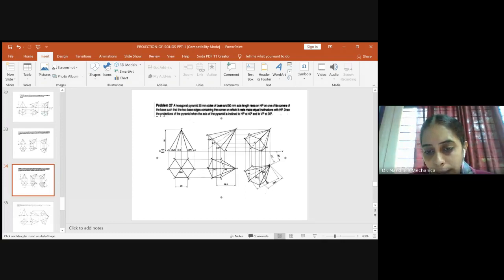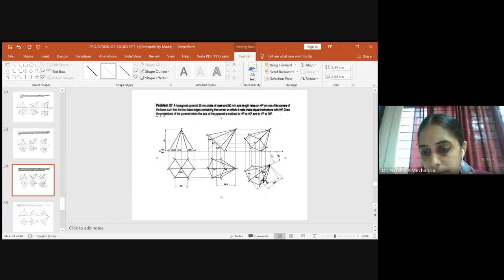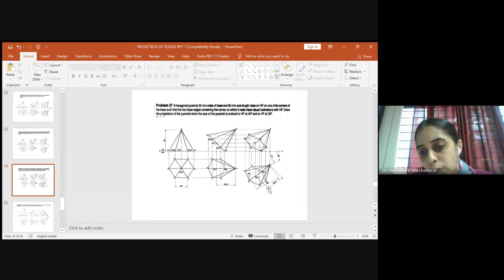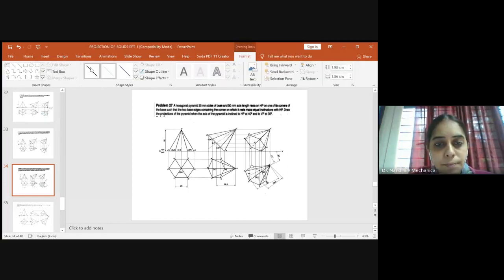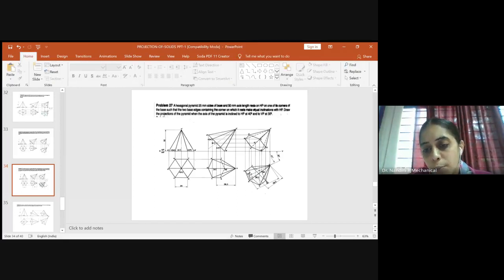From O1 to A, you identify the midpoint, keep one end of the compass here, measure the distance, come here and just make a reference point. From that reference point, you just draw the perpendicular line. So you will identify two perpendicular lines as I've drawn here. Once you draw these perpendicular lines, you will measure the distance from this midpoint to E, what is the distance? Okay, please measure this distance.